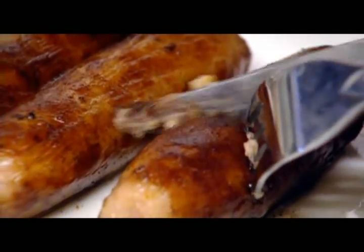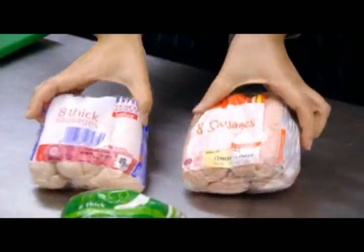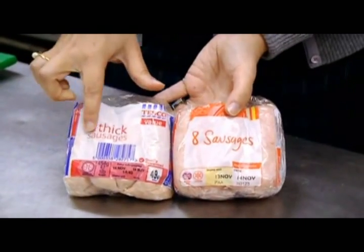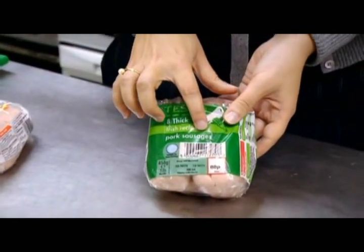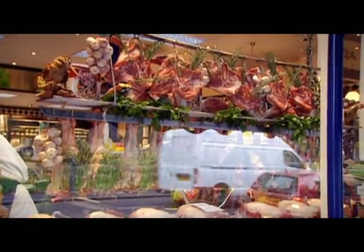So how can you spot better quality sausages in the supermarket? Well, there's one very simple trick to remember when buying. If a packet of sausages is labelled simply sausages like these, the legal requirement is that they contain just 32% meat. If, on the other hand, the label says pork sausages, like these, the legal requirement is that they contain 42% meat. To demonstrate what all this means in practical terms, I went to visit top butchers Mohn & Sons,